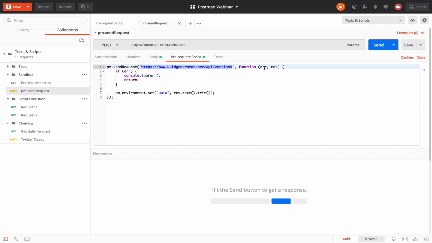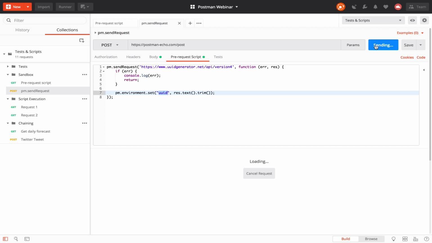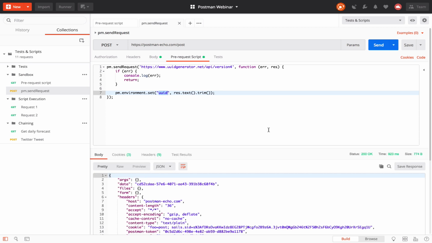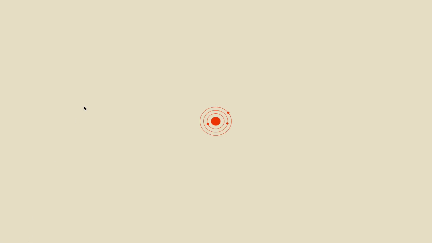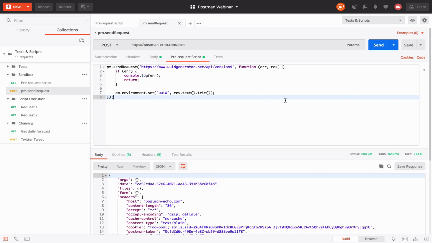So we call that and we get the response in the callback, and I take the response, I do some cleaning up with the response, and then I set it to the environment. Now if we send it, we can see that we send the special UUID out. Now if I open the Postman console, and if I go back and send this request again,